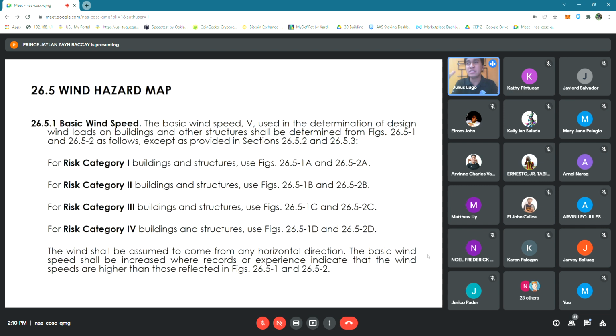Now, our basic wind speed, guys, does not stay constant. It is not stationary. The values are not necessarily the final value because of the effect of climate change. Our basic wind speeds go up or down, but normally it tends to go up. Tends to go up. Especially, a common scenario about this one is when,